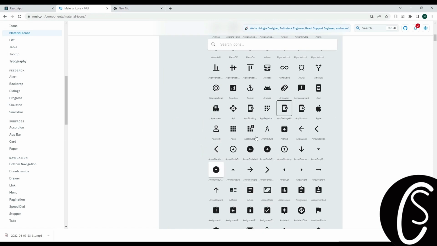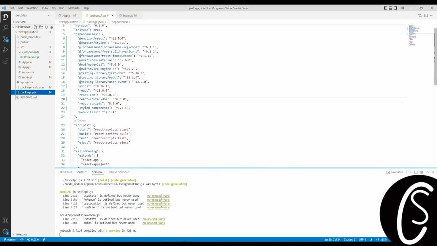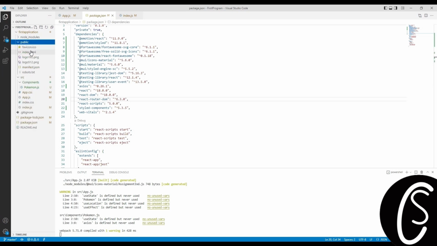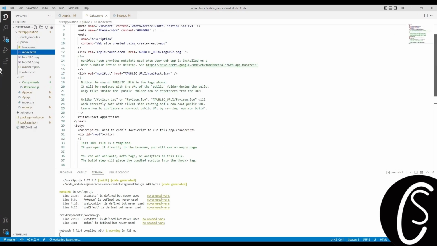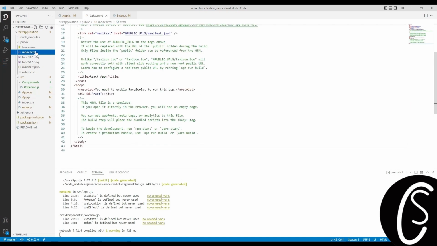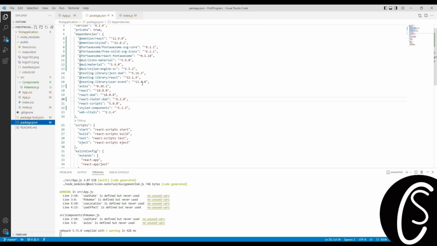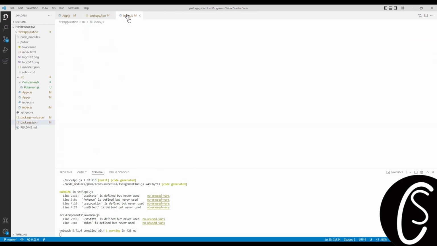So yeah, I wanted to give you the basic concept on how you can use different icons by using npm. Now, you can simply use CDN like what we used to do in JavaScript, but since we're using React.js now, that's why we're following this structure. Okay, so this was the benefit of using npm. You don't have to write the script again and again. You just have to install the